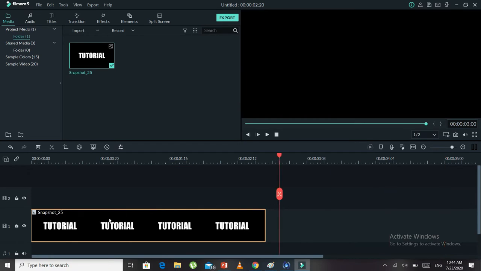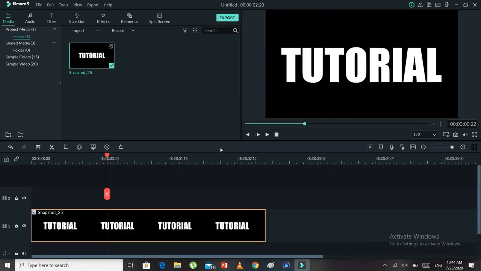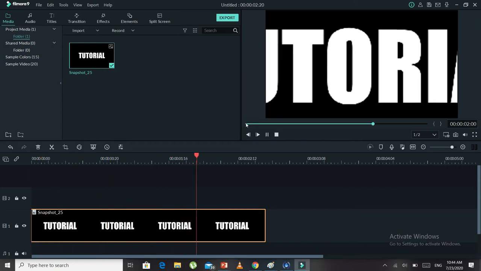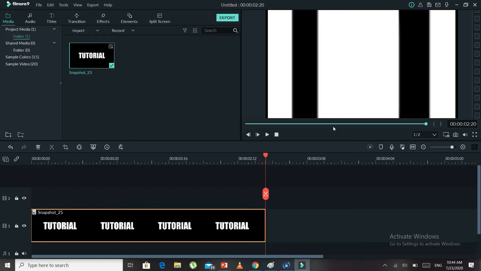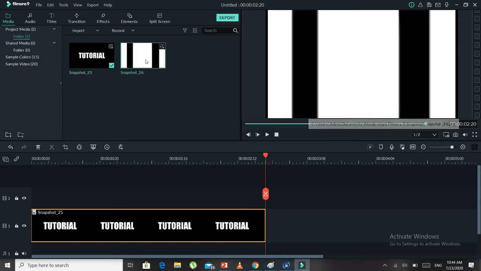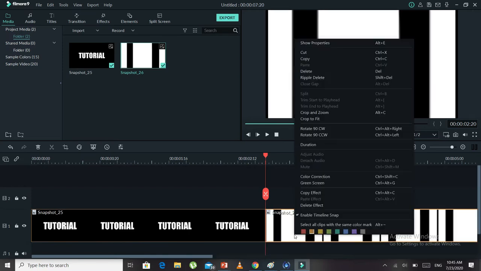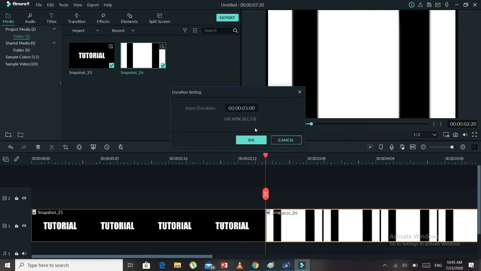And now play the video from the very end, and right when it stops, take a snapshot of that, and now it'll be in the media file, and drag it in the timeline, change the duration,